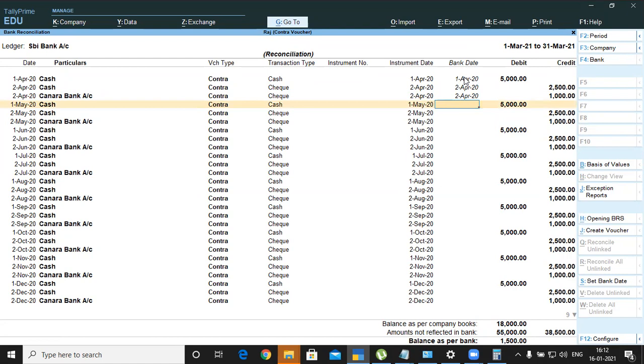Then make sure the amount is reflected in the bank or not, and also the balance as per bank keeps updating.